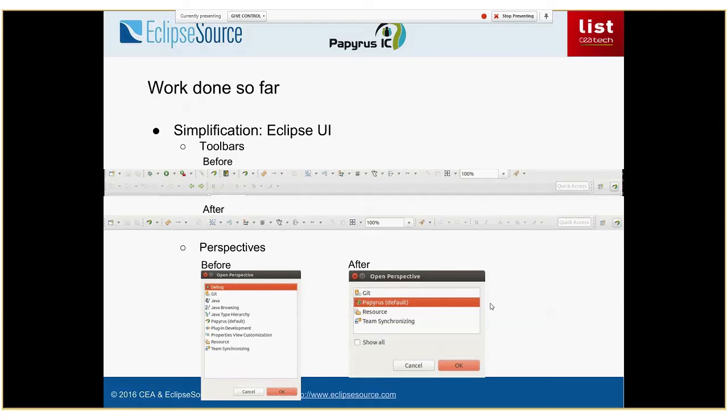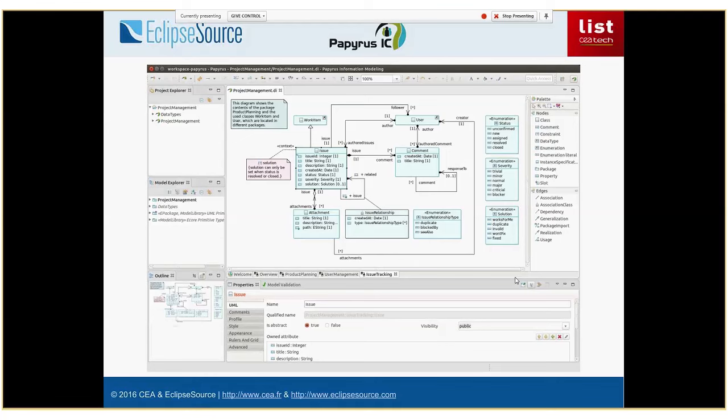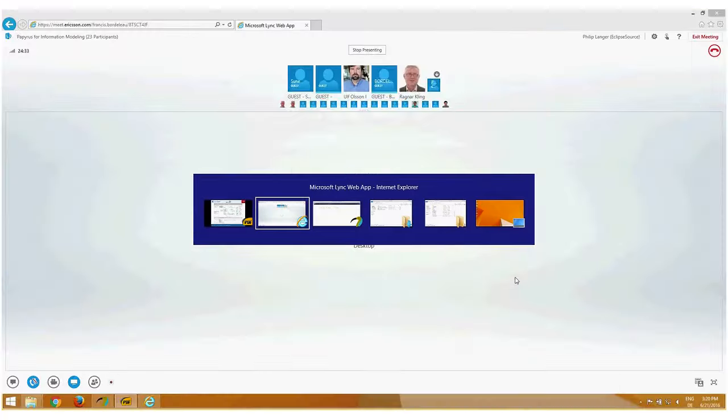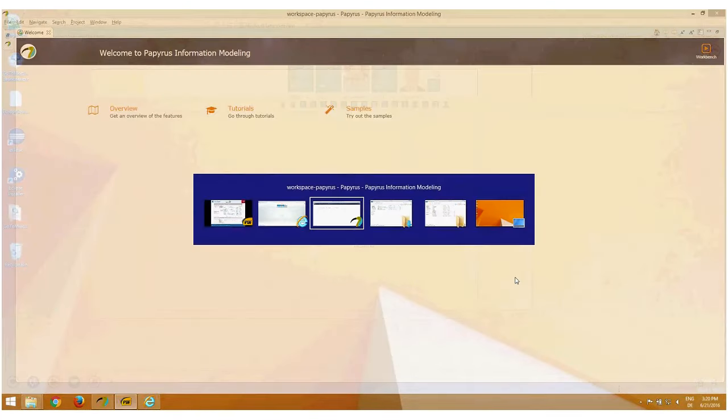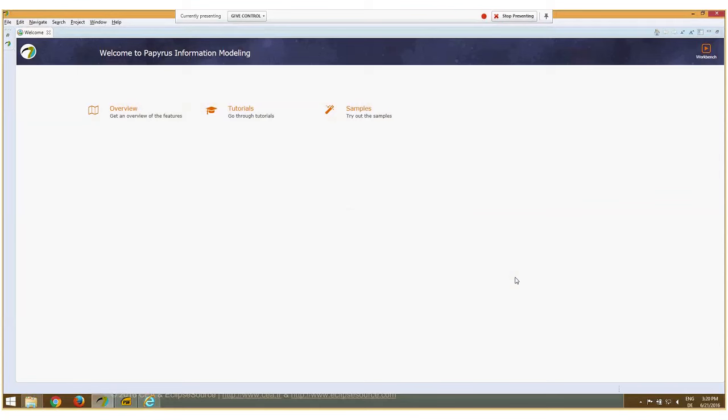Right, that's about the brief overview, to give you a context and an idea of what has been done so far. I would now switch to the demo. Let me just select this window. So that's basically Eclipse Papyrus information modeling, as you can download it from the wiki page, which I will give you in the end. So when you open it the first time, you will be welcomed with